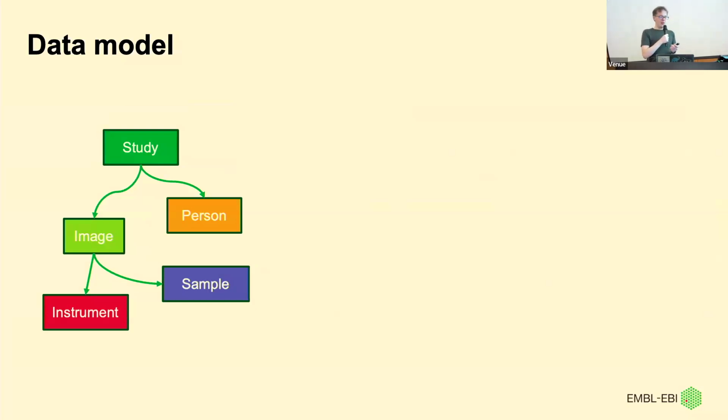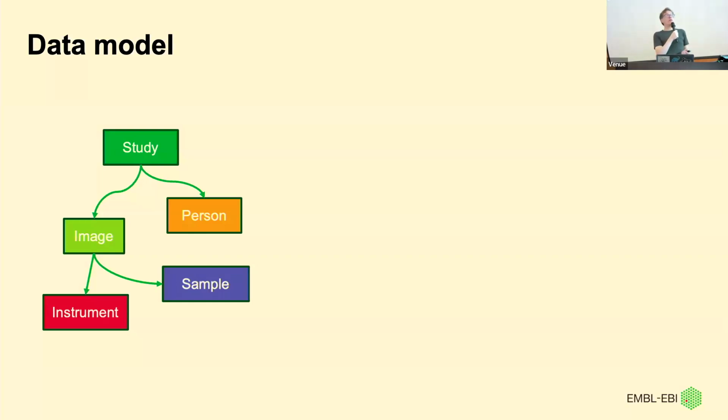So in the case of images, we want to talk about images, but when we start to talk about images, we probably also want to think about what the images are of. There's some kind of sample. There's maybe some kind of preparation for that. There was an imaging instrument that was used to capture the image. But then when we get into reporting about these things, we often need to think about context. So why was the image created? What were people doing? Who were the people? So we start to put these diagrams together, which basically relate the entities involved.